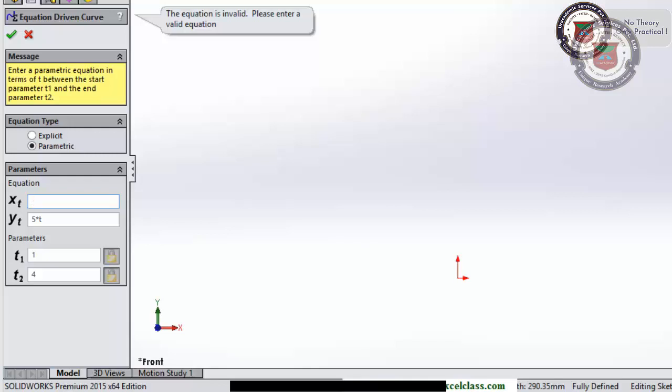T cube plus 5. The second equation is t square plus 2t.